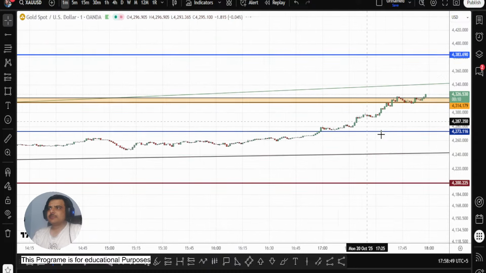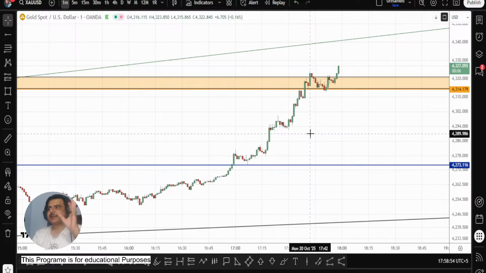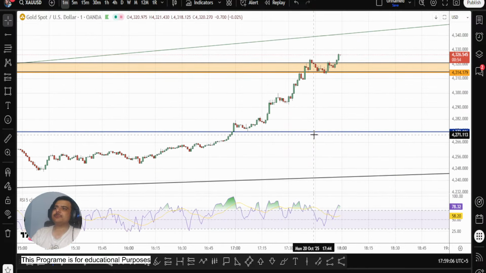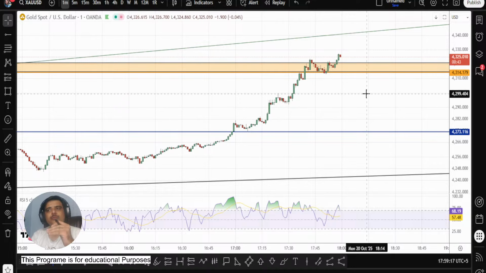Now there is one thing I want to tell you, and the H1 breakout seems to be occurring. Just 2 minutes more. Then we have to find out if this break of structure is a valid one or not. So let me add RSI right here. Well, we have RSI at the level of 71, so it means we still have plenty of room between 70 and 80. In some cases it goes to 90, 95.